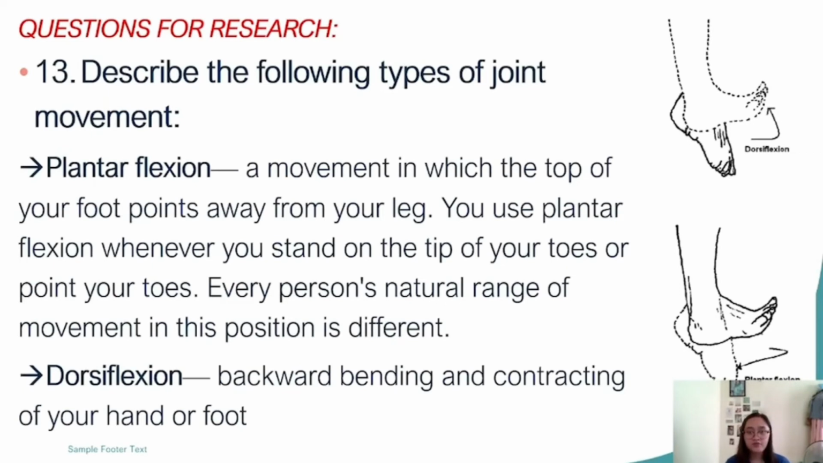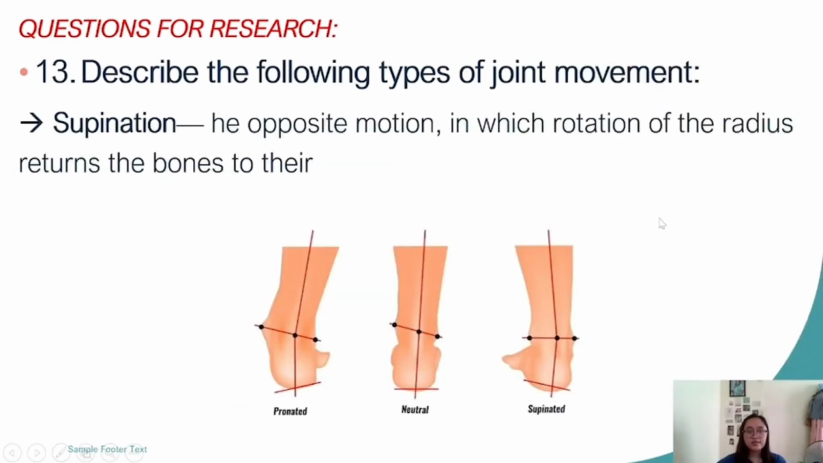And the other joint movement is the dorsiflexion, a backward bending and contracting of your hand or foot. If plantar flexion is going up, from the bottom up, dorsiflexion is going down. Correct me if I'm wrong, but that is it. We can see it in the image, right? When it's like that, this one is going down. Next is the